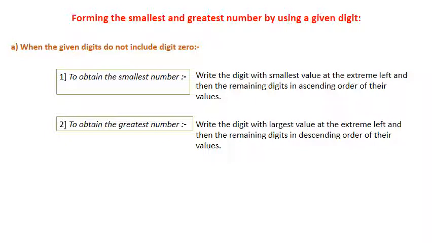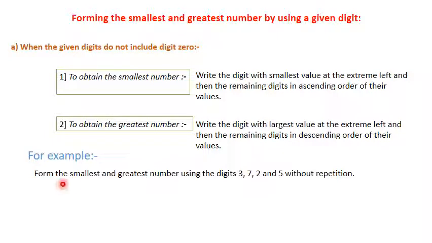Okay students, do you understand the difference between how to obtain the smallest number and the greatest number? What do we have to do to obtain the smallest number? First write the digit with the smallest value at the extreme left and the remaining digits in ascending order. And to obtain the greatest number, we write the largest value at the extreme left and the remaining digits in descending order. For example, form the smallest and greatest number using the digits 3, 7, 2 and 5 without